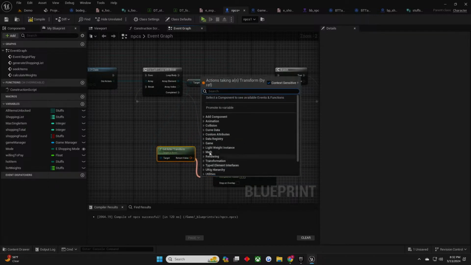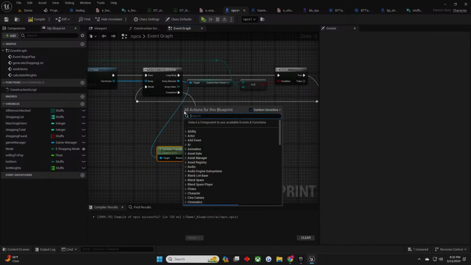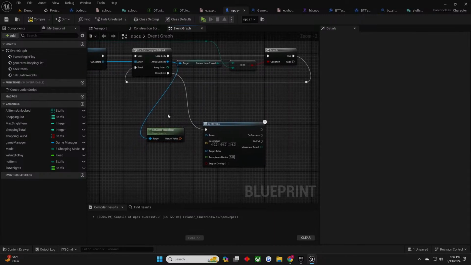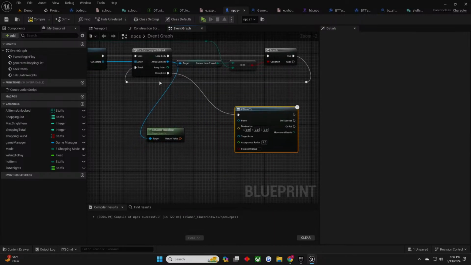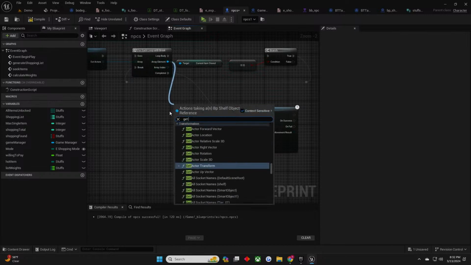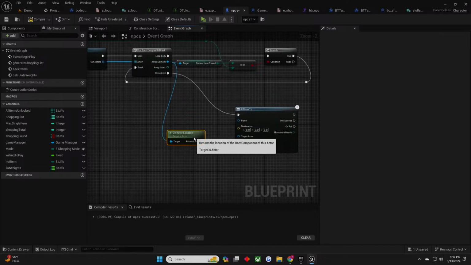Destination, no. Then I need to get, they only want location, right? No. Not active location. I said I was going to do nodes so that they can face the right direction and all that stuff. So before we do that, we need to put a few nodes